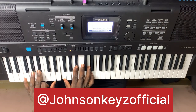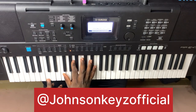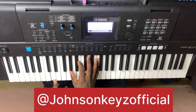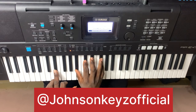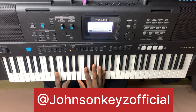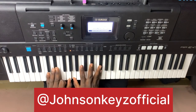So that's on 3. Then F sharp, A and E flat on C. Then A flat, B and F on D, then to your 6 finally, which is E flat on the left, and then on the right you have a B flat, D flat, E flat, and F sharp. So together,